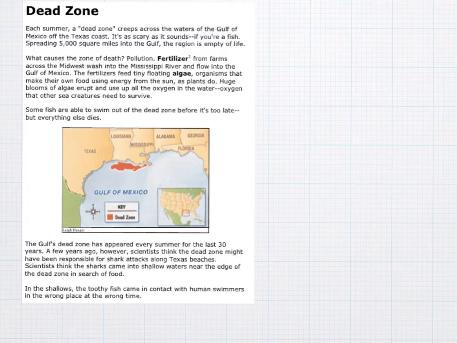Alright, so when I read this passage, I thought to myself that the main idea probably has something to do with the dead zone. So if I define what the dead zone is, we said the dead zone is the waters across the Gulf of Mexico off the Texas coast, and it's a region of empty life. So my main idea, which I'm going to write over here, is that